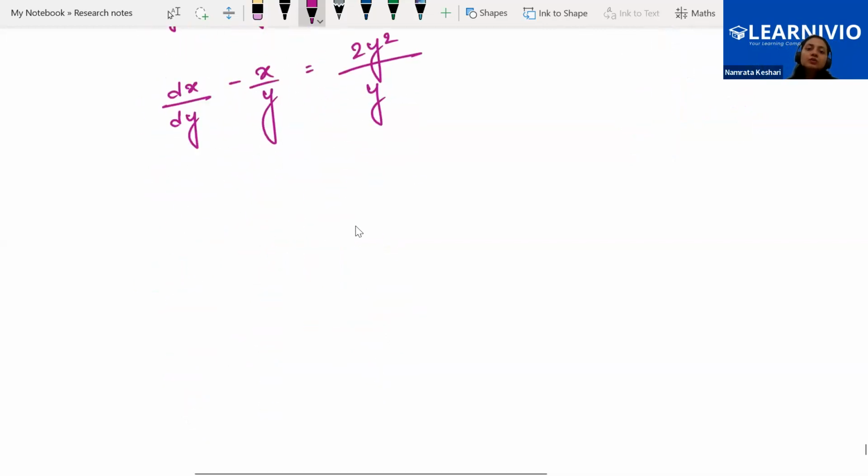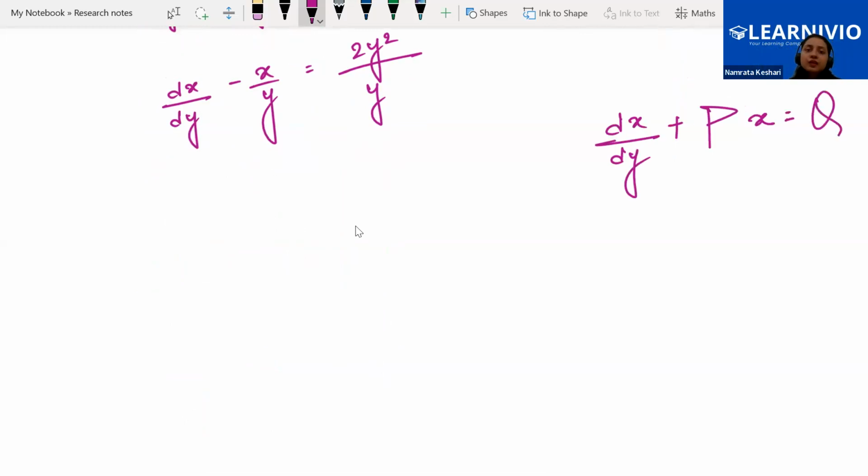Okay, now this looks like dx by dy plus Px is equal to Q, right? What is P? P is minus 1 by y. Can you see it? Yes, ma'am. You got your P. Now the integrating factor will be,